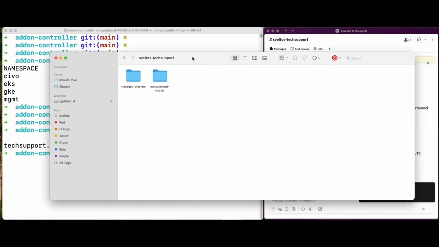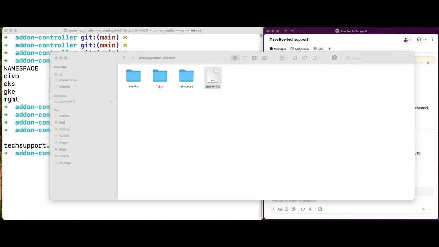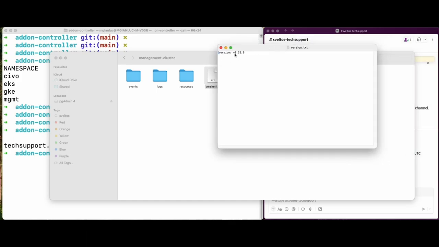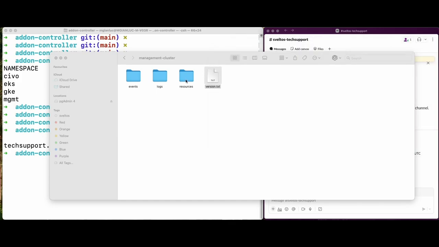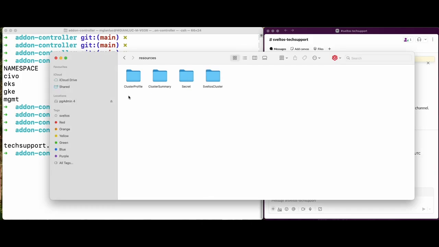It does contain 2 subdirectories, the management cluster directory and the managed clusters directory. Let's begin with the management cluster. It has 3 subfolders: events, logs, and resources, plus a file named version.txt. This file shows the version of my management cluster, which is 1.3.2.0. The resources directory contains all the resources that I wanted to collect, and